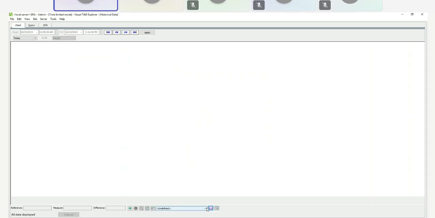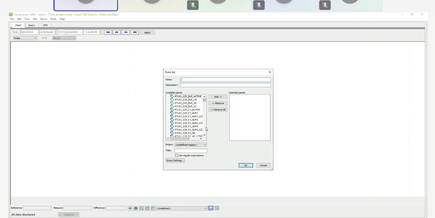If you want to define a specific point, if you notice this icon here, just use that to go to the database point server. For example, if I want to check the historical data of these points, bus VA, VB, VC, I will just add that one.